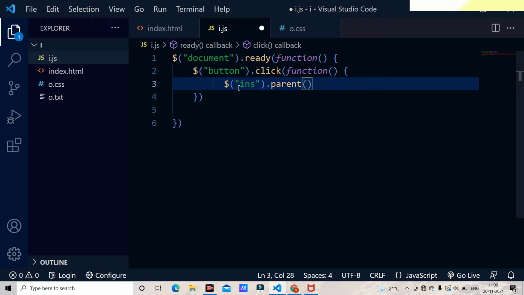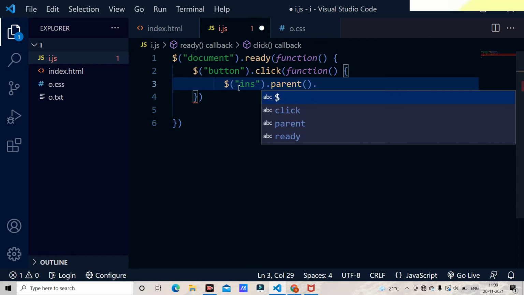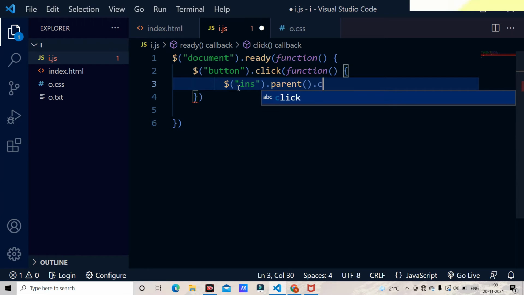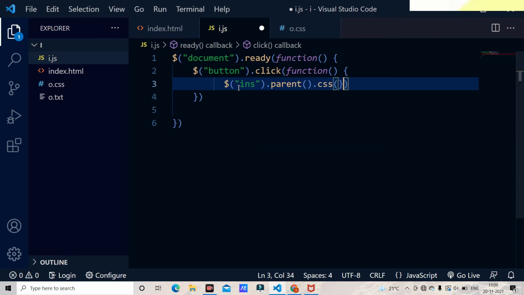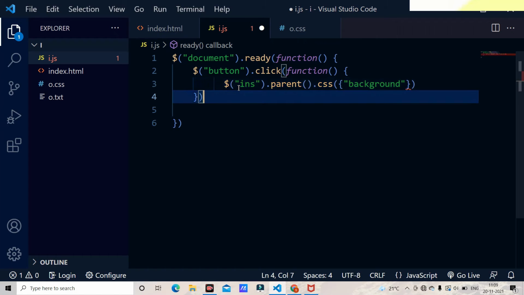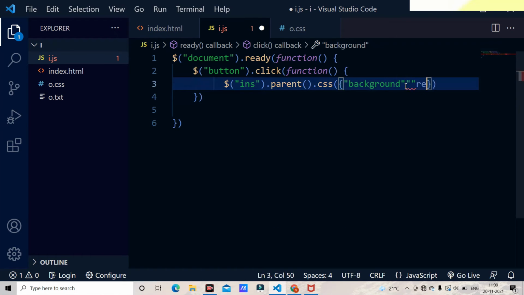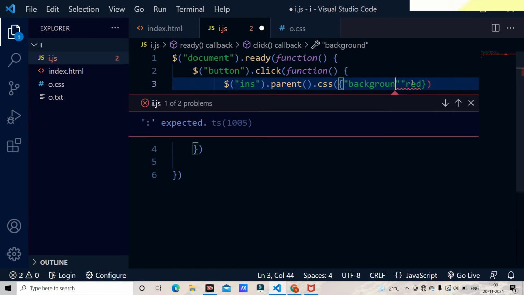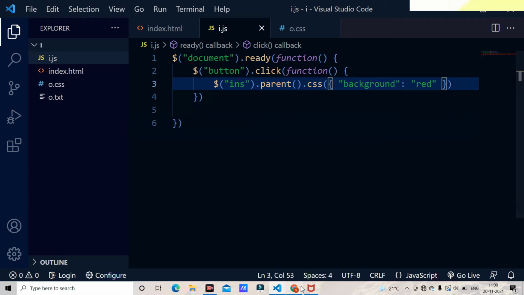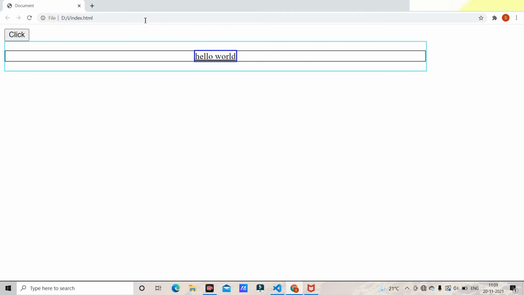Whenever it selects that parent, I'm going to give the css, and css must be a background color change. Here I'm going to add the background, and background must be red. I just save it, come here and reload the site.